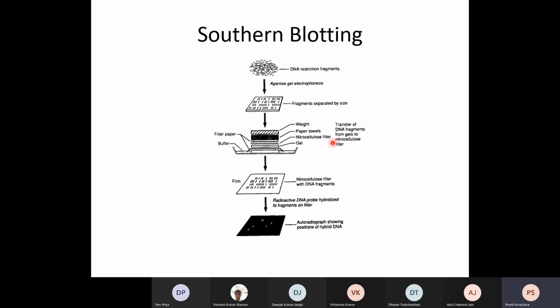The other thing that I wanted to tell you is that all these are performed under cold conditions. It's good to perform the transfer process under cold conditions, in a cold room at 4 degrees, because you do not want this transfer buffer to get evaporated. This transfer is usually done overnight, so you need to maintain a good temperature so that the transfer happens by capillary transfer. So all these membranes and paper towels will ultimately become wet because of the capillary action of the transfer buffer.